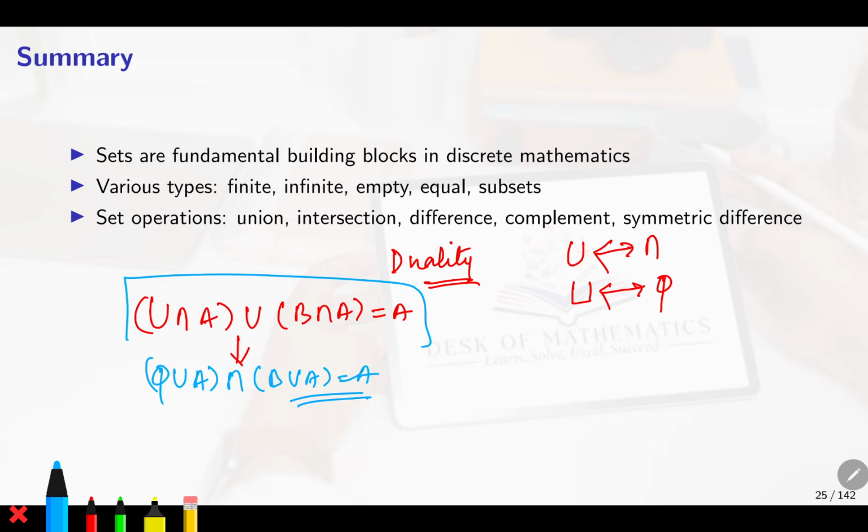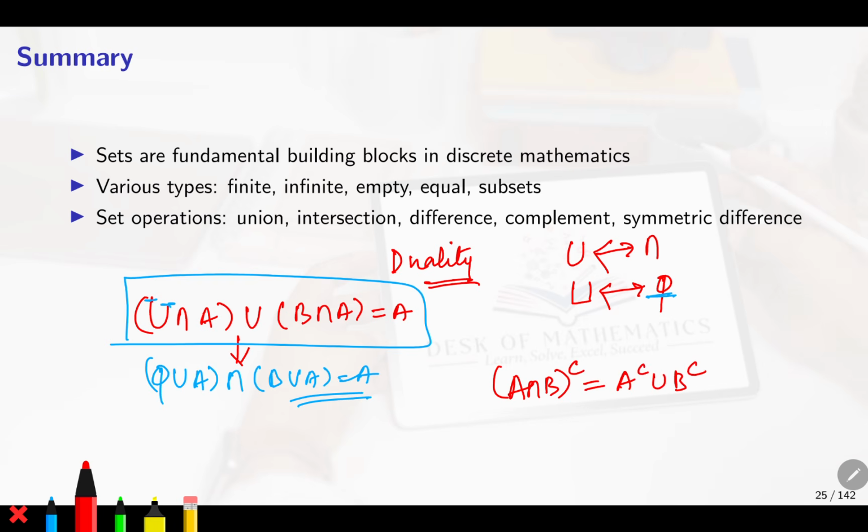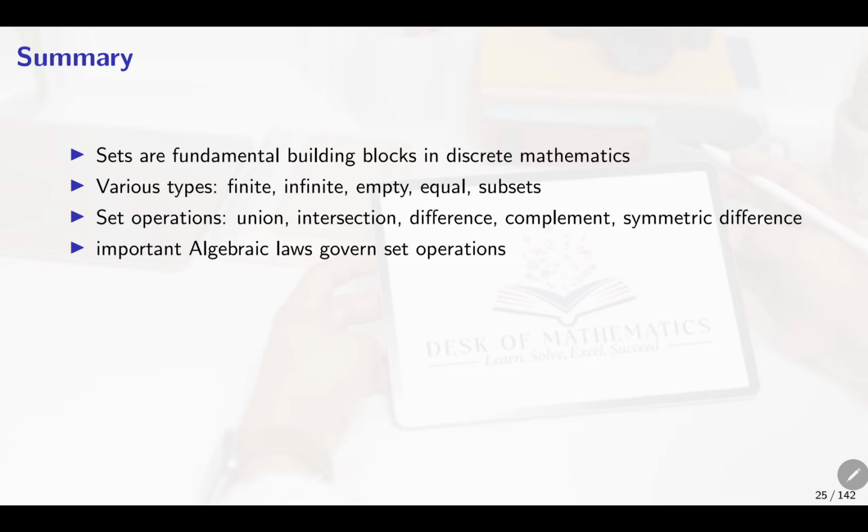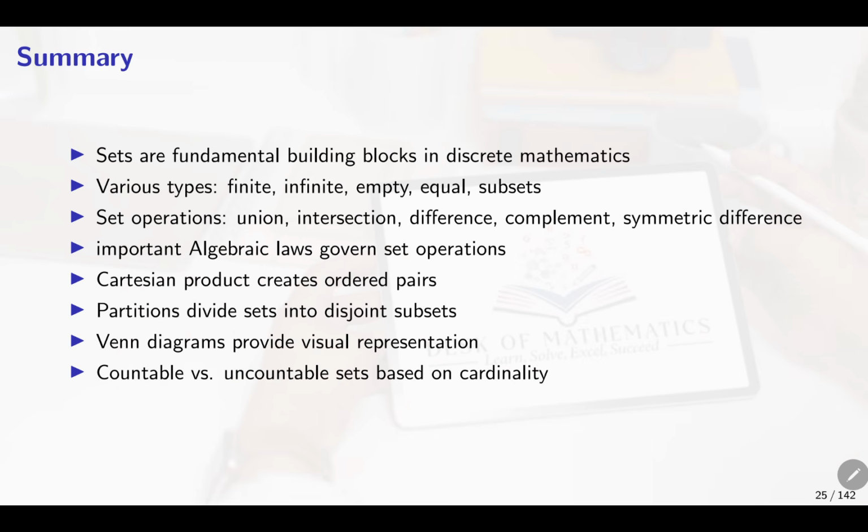What you will do, you have to find the universal set and change it with phi. If there is phi, change it with U. Similarly, union changes into intersection, and intersection into union. For example, they will ask A intersection B whole complement is equal to A complement union B complement, find its dual. So that is A union B whole complement gives you A complement intersection B complement. So that means De Morgan's laws, both laws are the dual of each other. Okay, so these are the things.